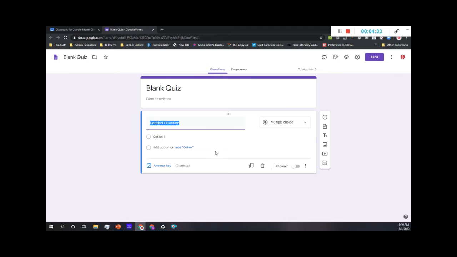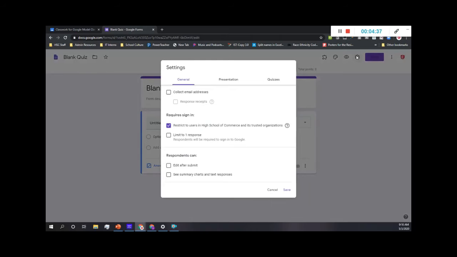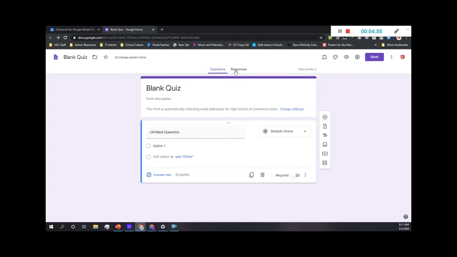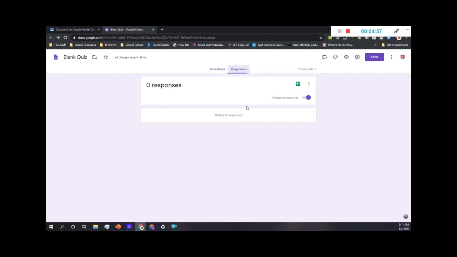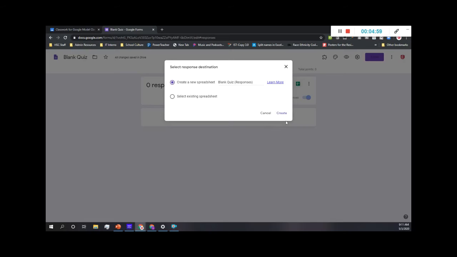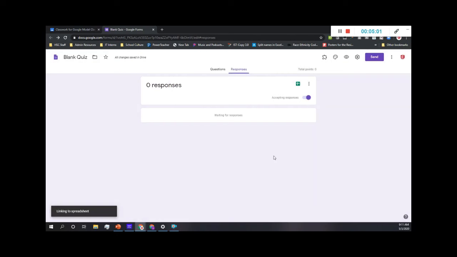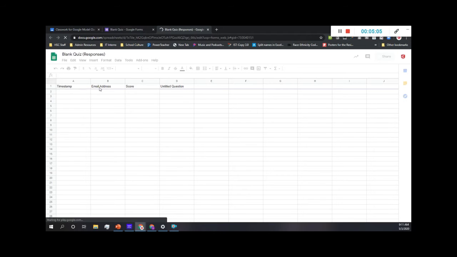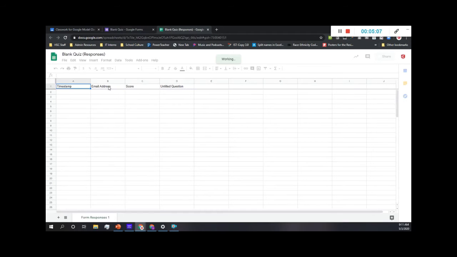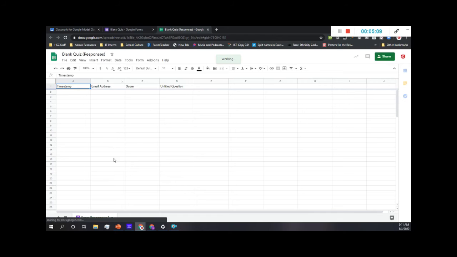You go into the edit of the form, create whatever questions you want, click on the gear, and you want to click collect email addresses. This is going to automatically save the email address of each student or each person that responds to this form. Once you do that, every time someone submits a response, it's also going to capture email addresses, and we should see this in the column headers as the spreadsheet loads up. Yep, it's going to do that automatically, and that's going to be an easy way to identify which student